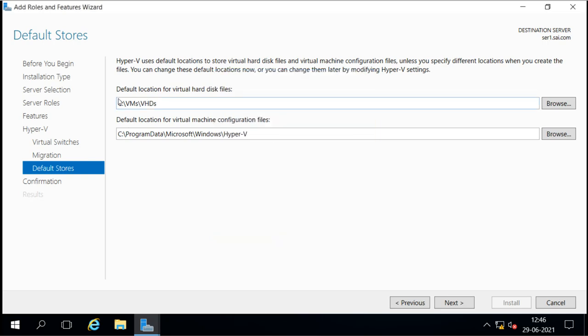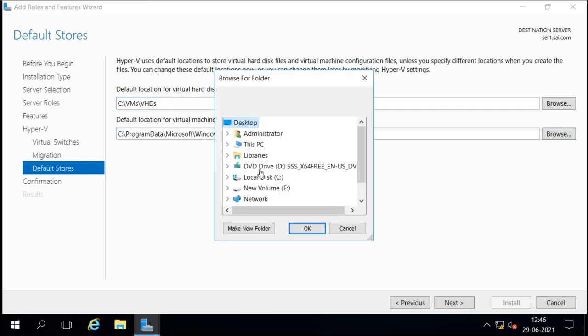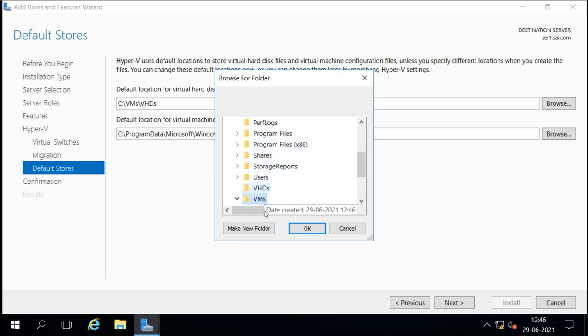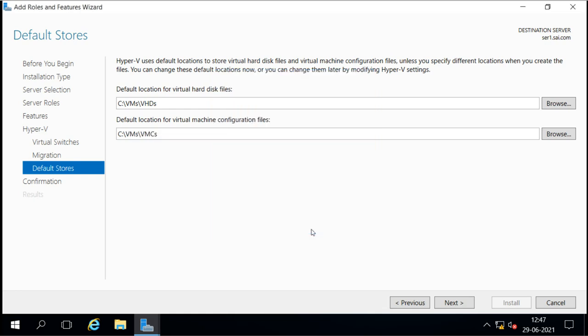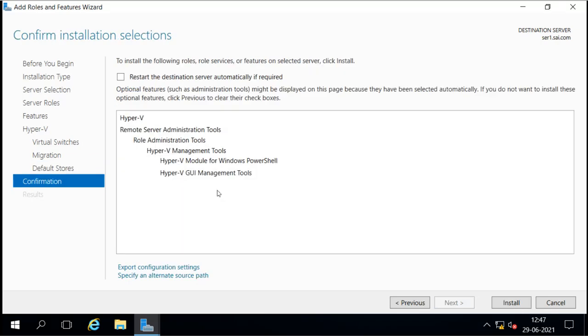So under the VMs folder it will be VHD for the virtual disk, and then under the VMs folder I will create a new folder for virtual machine configurations. So my virtual machine hard disk will go to this directory, and the configuration files will go to this directory. So this is what we have selected.